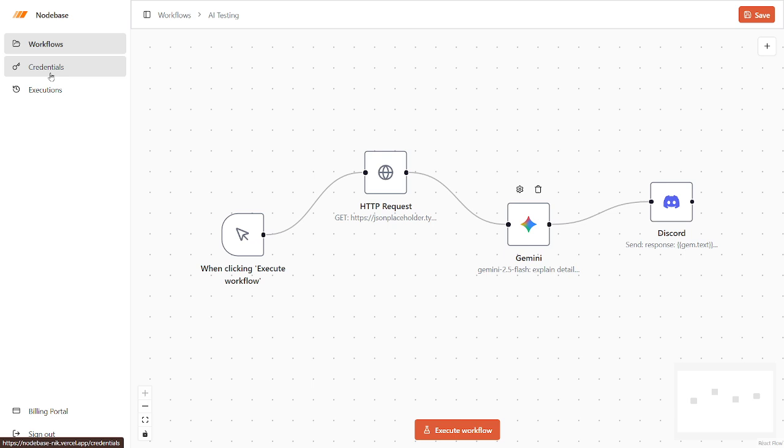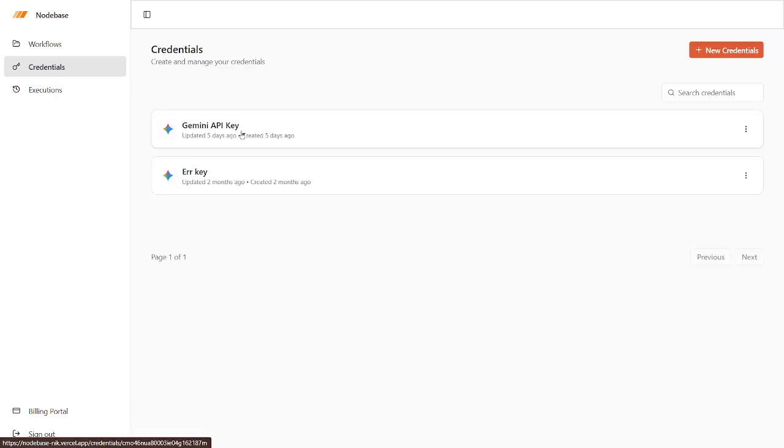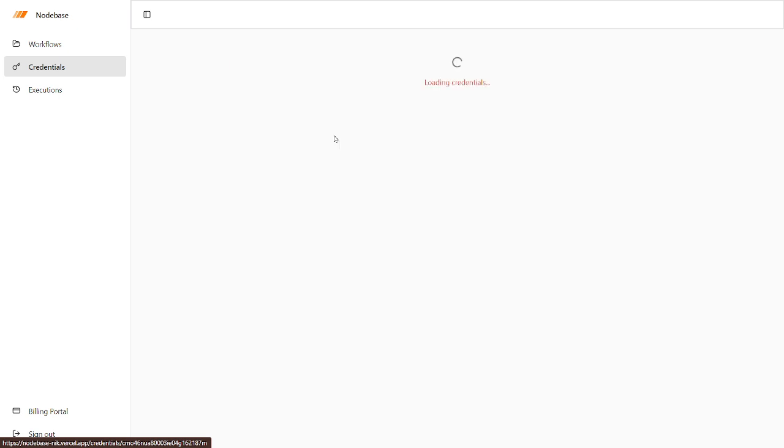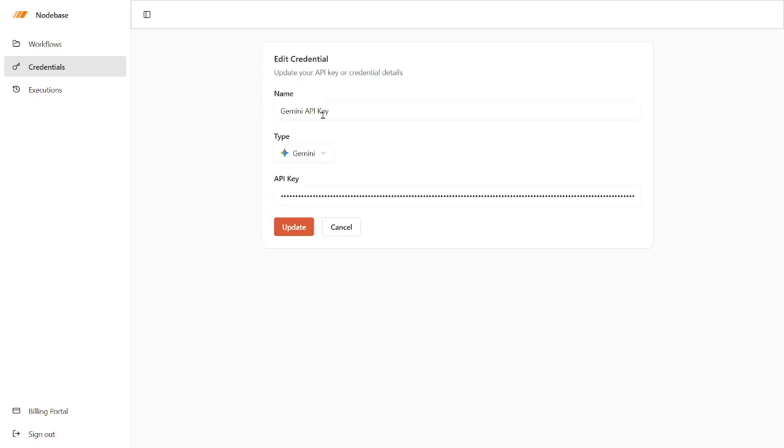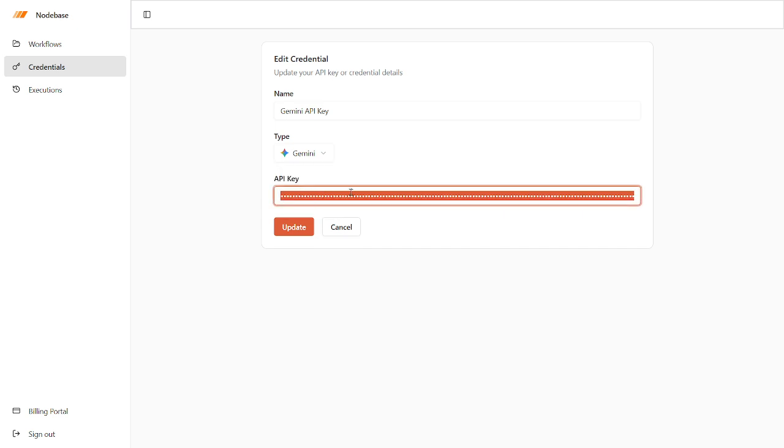And if you are wondering how to add your API keys, you have to go here. For example, there is one Gemini API key which is encrypted here. Let me show you. There's a name, and the type is Gemini. You can choose OpenAI, Anthropic, or anything else. For now, I have given the provision for these three different AI providers. And you can see the API key is encrypted, because there is no way this much length is possible in an API key. Let's go back to the workflow.